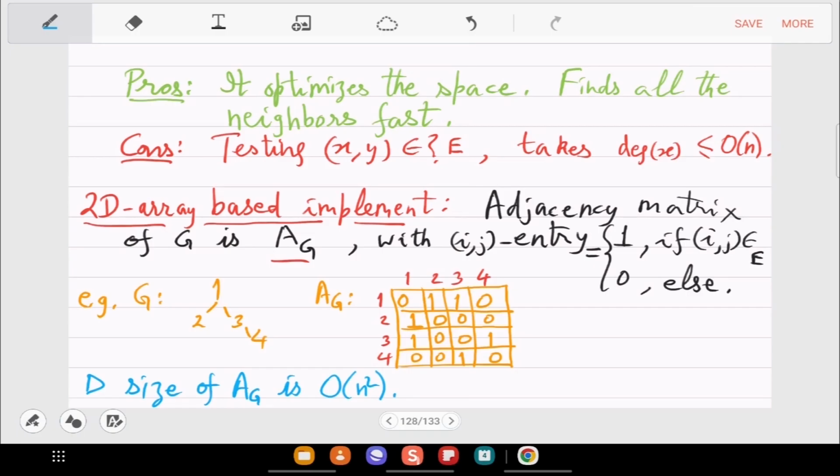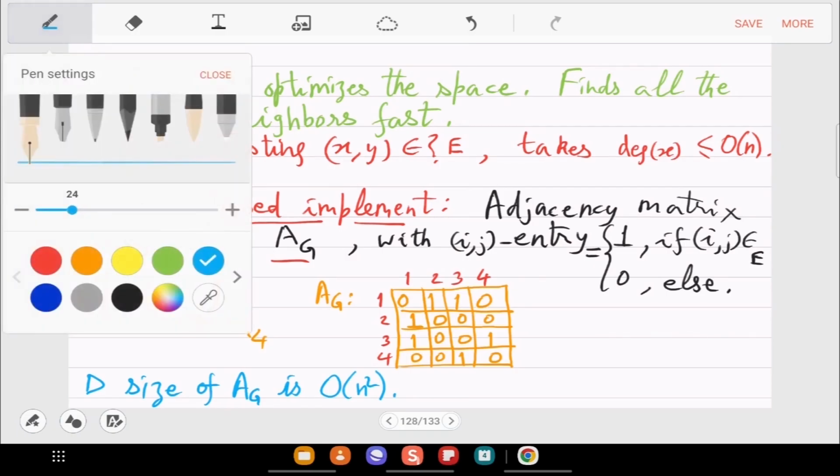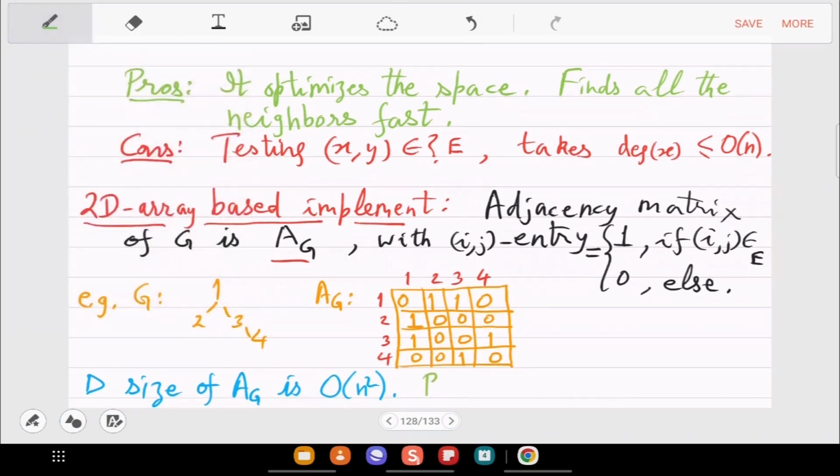So can you think of an advantage of this? Yeah, so the only advantage seems to be that the cons point there, checking whether there is an edge, I mean whether xy is an edge, is order n. That you can now do in order 1. Because this is a 2D array, so x comma y, you immediately, i comma j, you exactly go to that location in constant time. So x comma y takes order 1.